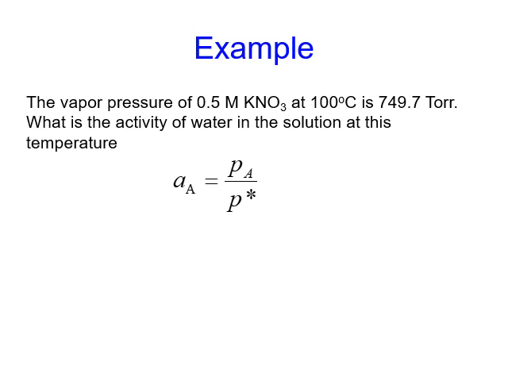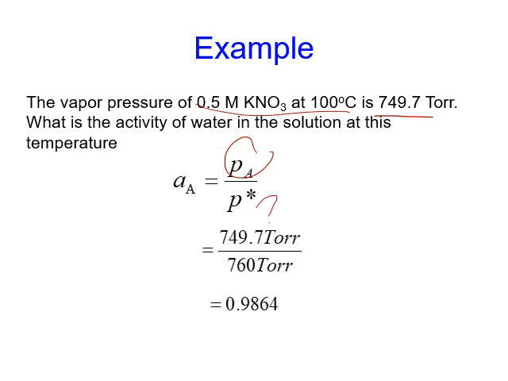And the partial pressure of water in this solution is 749.7 torr. And what is the vapor pressure of water when it's pure at 100 degrees? Well, it must be 1 atmosphere, which is 760 torr. So we calculate the activity to be